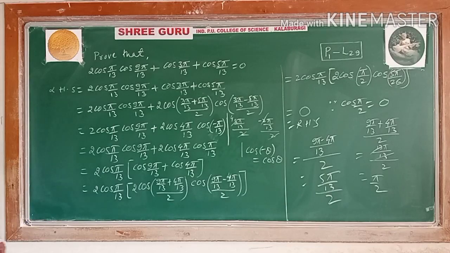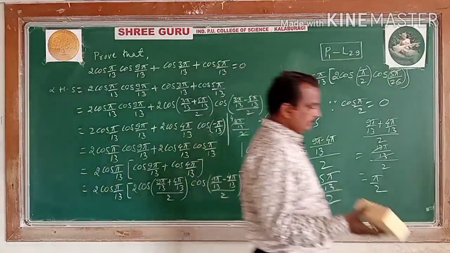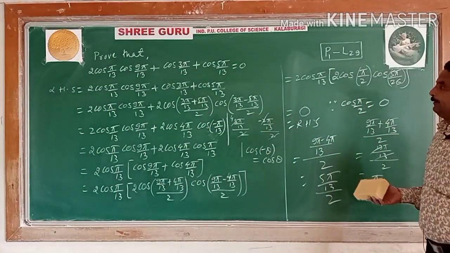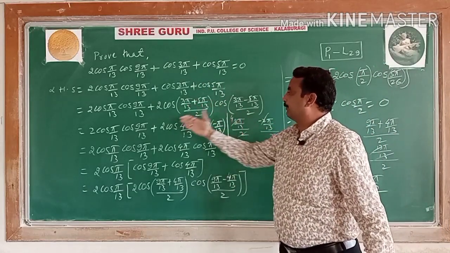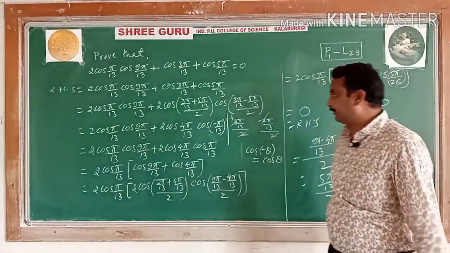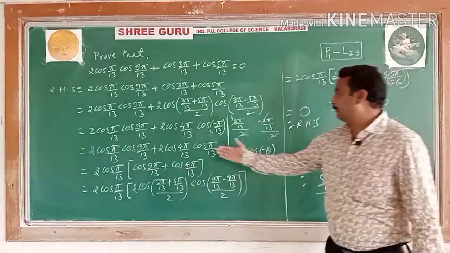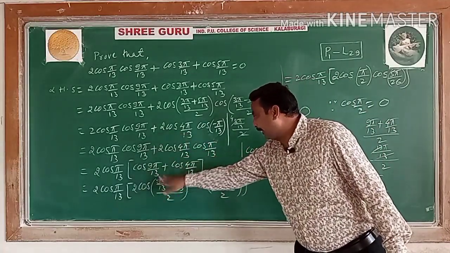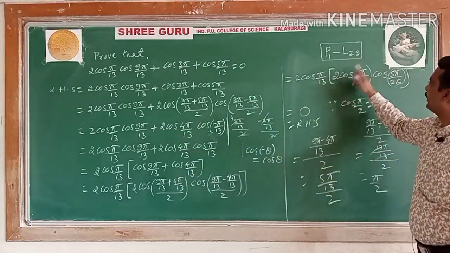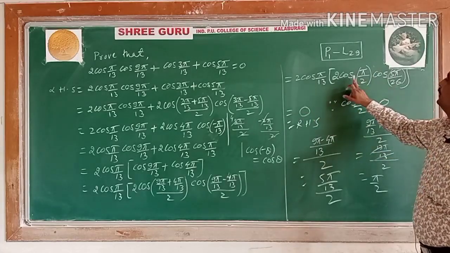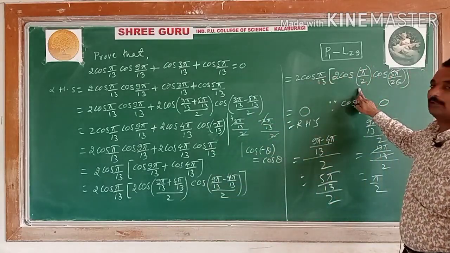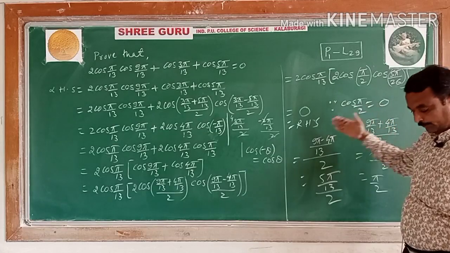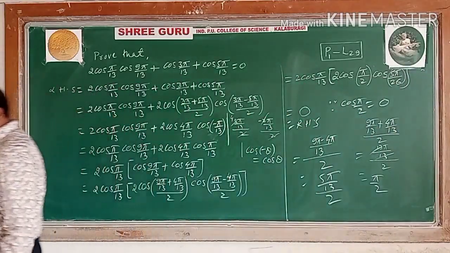The next example, I will go for the next example. Clear all of you the students here? I hope you are getting. For the second and third term, we have applied cos C plus cos D. That first term remains as it is, in the form of product terms. Then here we have taken one term common. Again we have applied cos C plus cos D. After applying, all the terms become multiples of one common term, and these are the product here, cos C plus cos D. So one of the terms is a cos 90 term. Cos 90 becomes 0, so therefore the answer is 0.